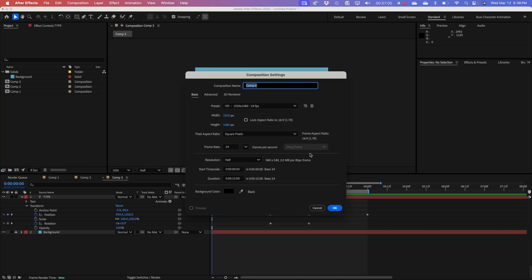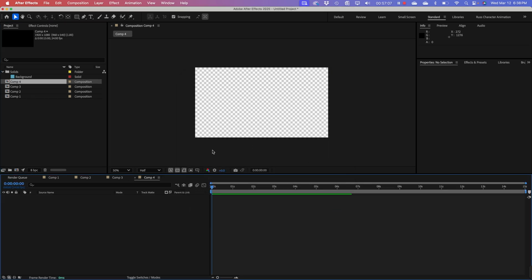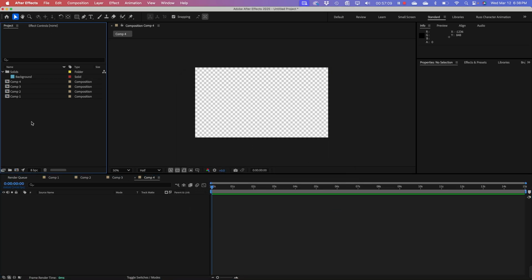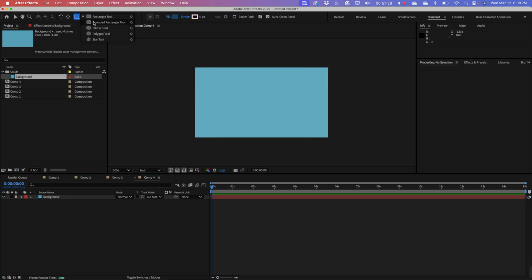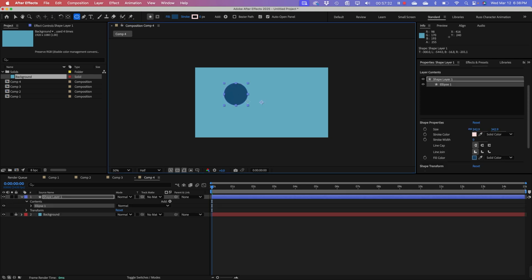Create a new composition. Give it a background. What we're going to do is bounce a ball real quick in a very primitive kind of way. So, new composition, same as before. Give it a background. Lock that down. And I'm going to grab my ellipse tool, draw a circle,